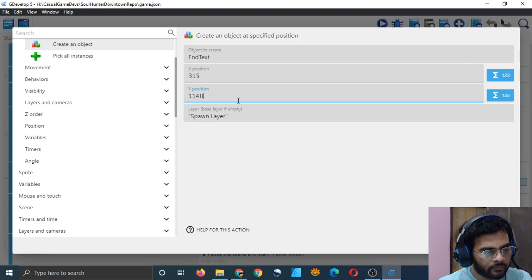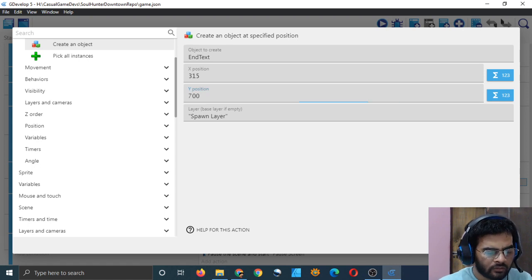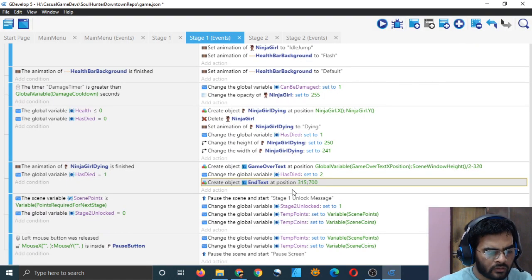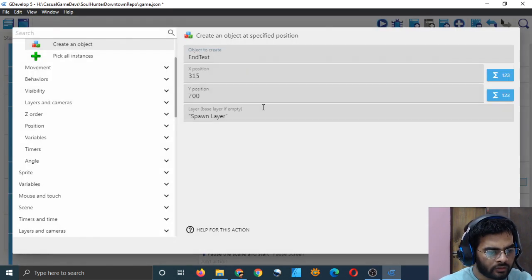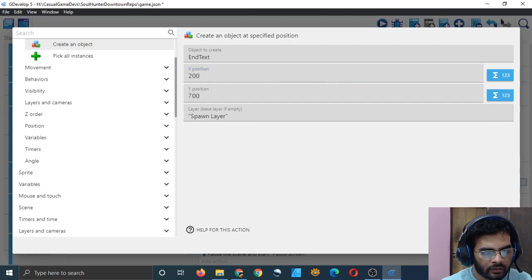Y position 1140 should be around 700, I guess. And X position should be a little bit towards the left, which means maybe 200, I guess. Let's test it out.